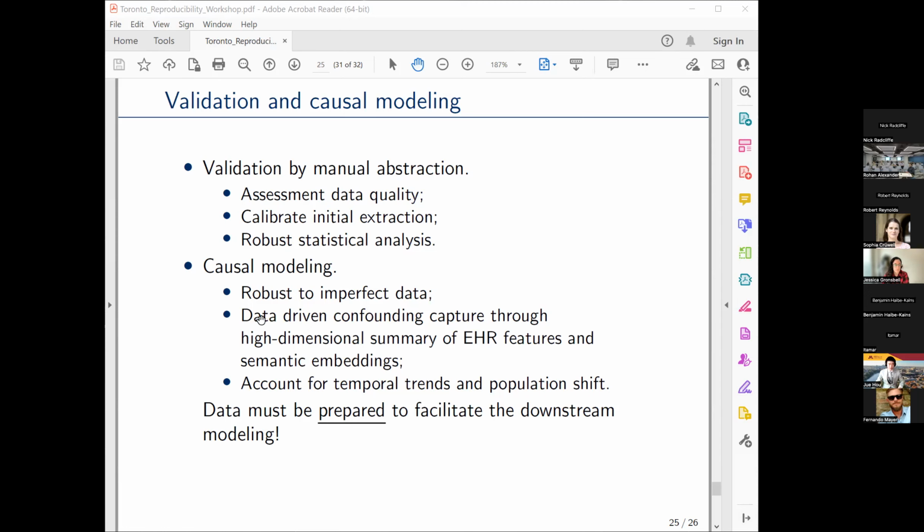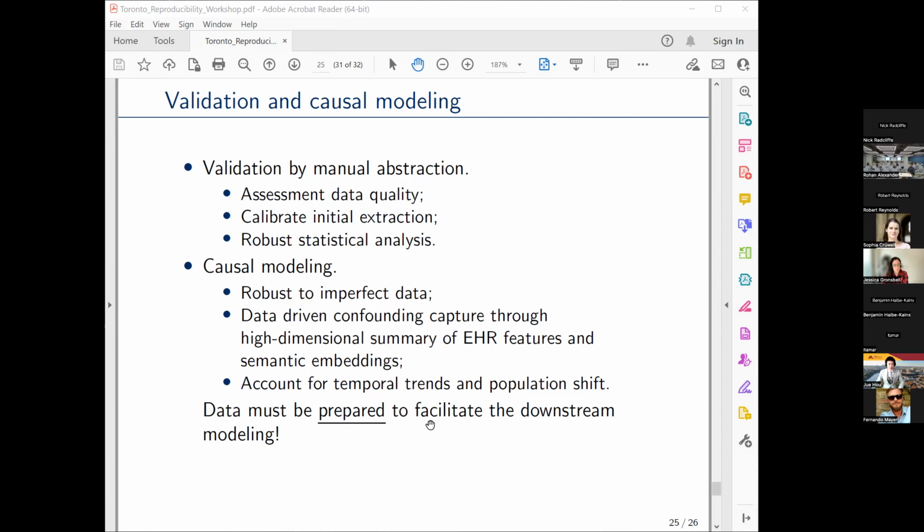And to model our data to estimate the treatment effect, we have a list of strategies, also provided in the tutorial, that are robust to data error from a naive extraction of the data, and that can also account for confounding from different sources. First, we have a data-driven way to capture the true confounding from high-dimensional summary data of EHR features. And we also have a way to account for the change in standard of care over time, so that calendar time can also be a potential confounder. But for all of this, we need the data to be prepared accordingly,